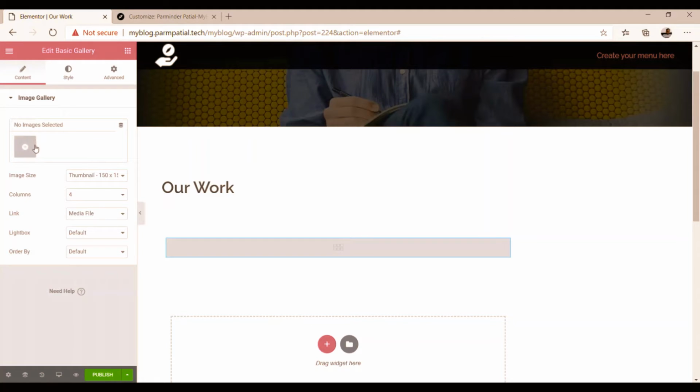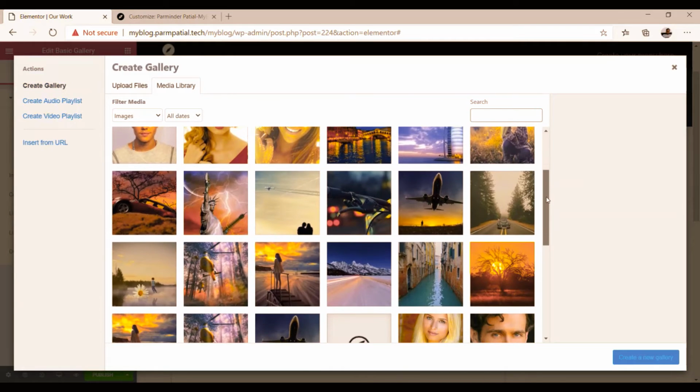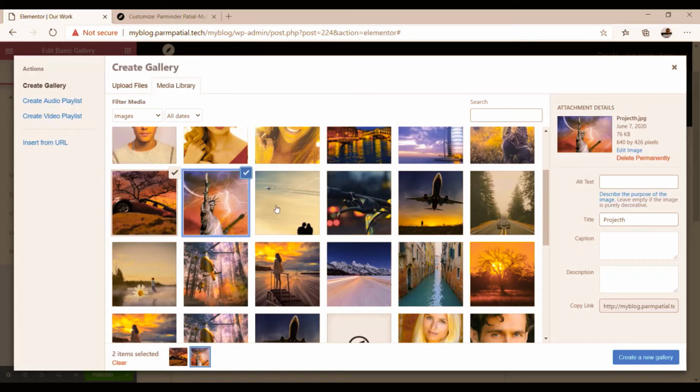First of all we need to create the image gallery for this. So I click on this plus button, and here click on the option create gallery. Now once the create gallery option is selected, I'm going to select the images that I want to put in the gallery. So I'm selecting this image, then this image, then this.